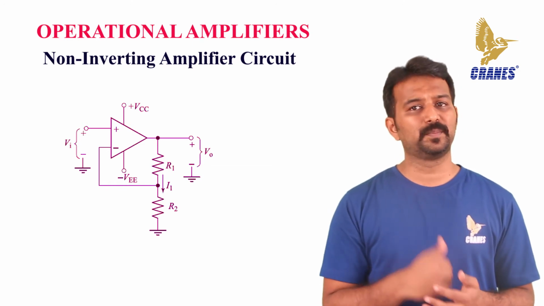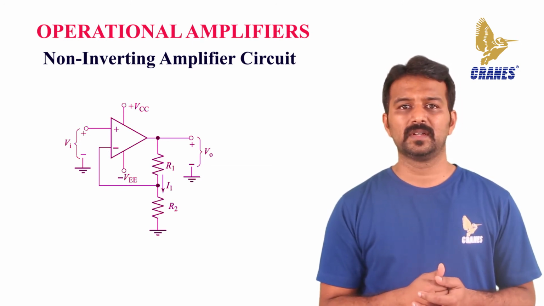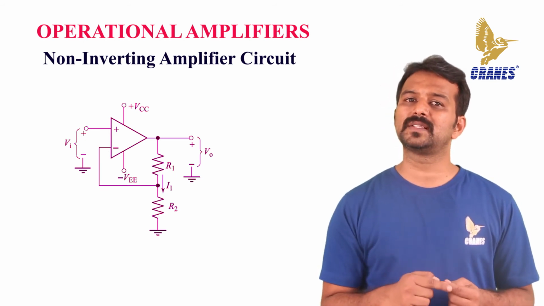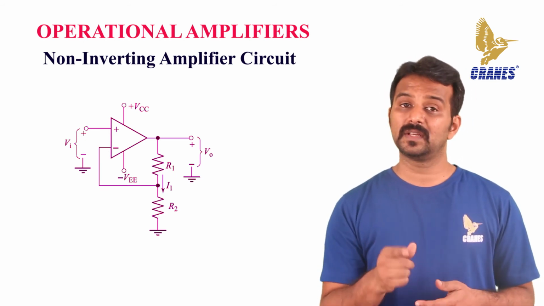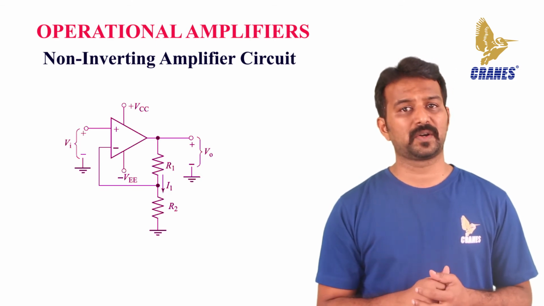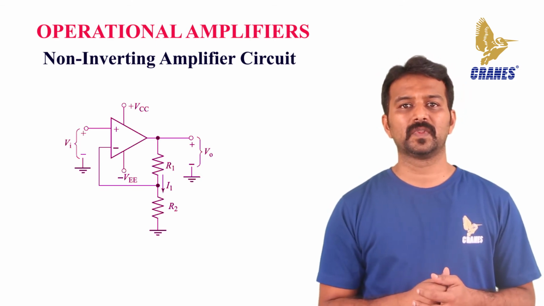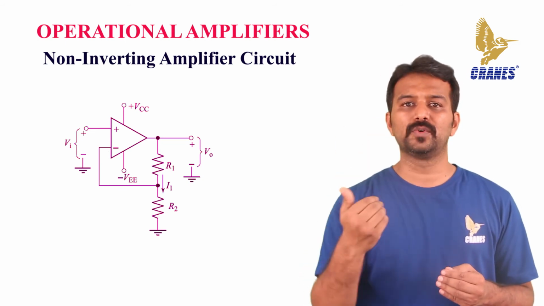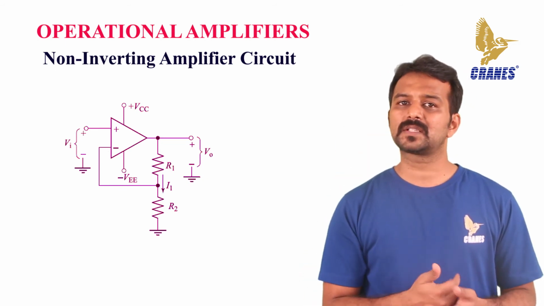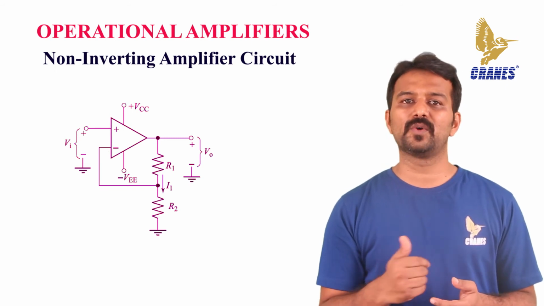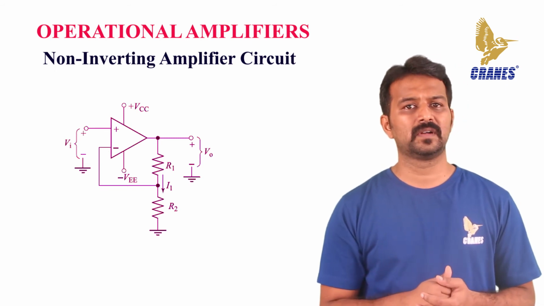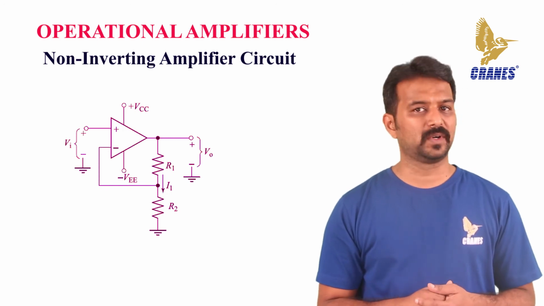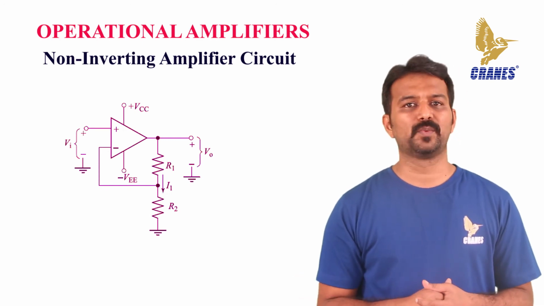Since the inverting input terminal is at ground level, the junction of the resistors R1 and R2 must also be at the same ground level. This implies that the voltage drop across R2 will be 0. As a result, the current flowing through R1 and R2 must be the same. Thus, there is 0 voltage drop across R1, and therefore the output voltage is equal to the input voltage, which is nothing but 0 volts.